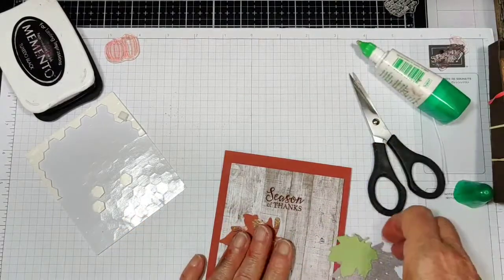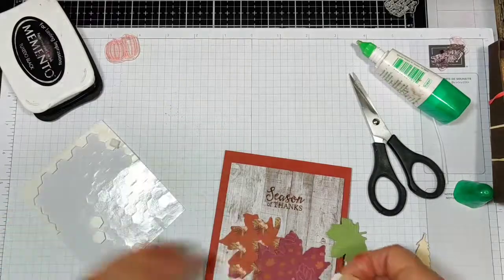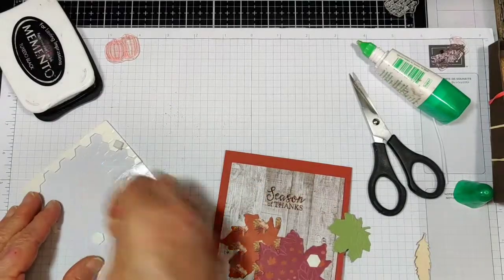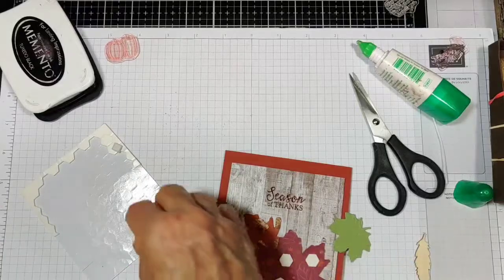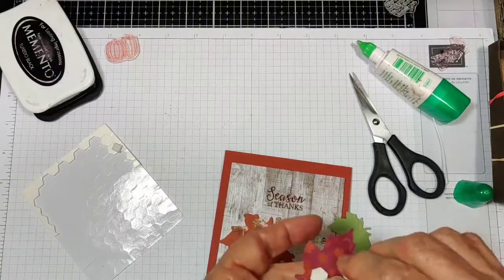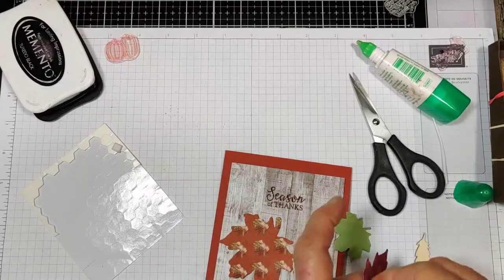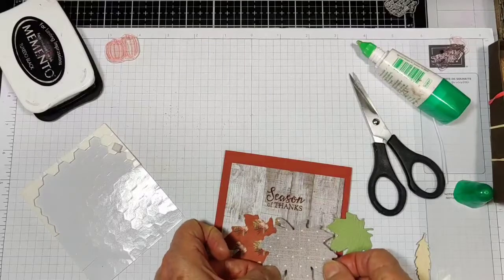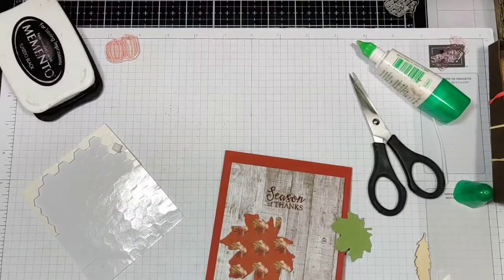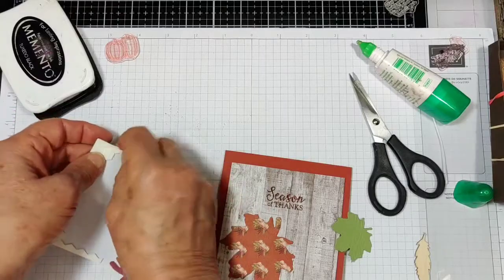Okay. This one I'm going to put a dimensional on it. Or 3. Should be enough. And actually, I think I'm going to put 2 dimensionals on that. And wonder why? Because